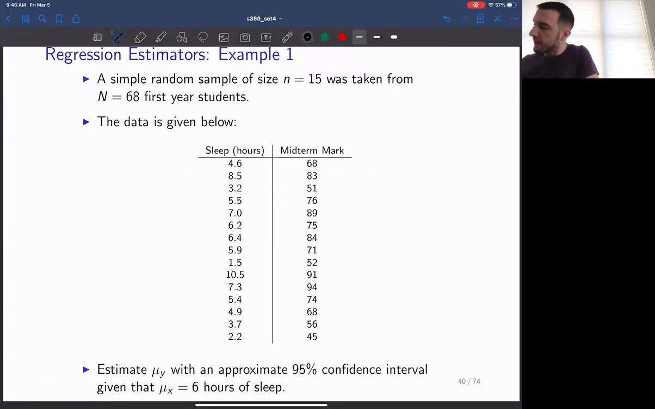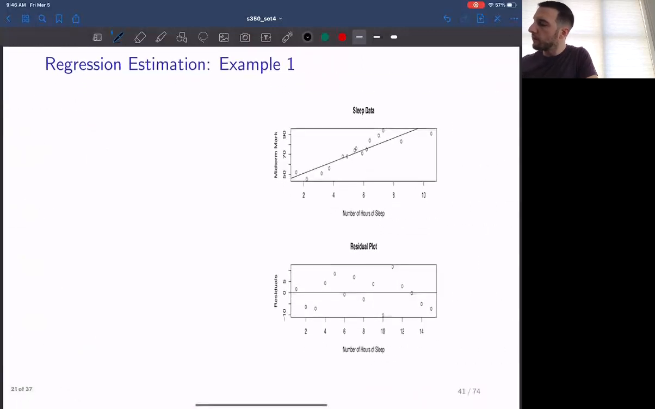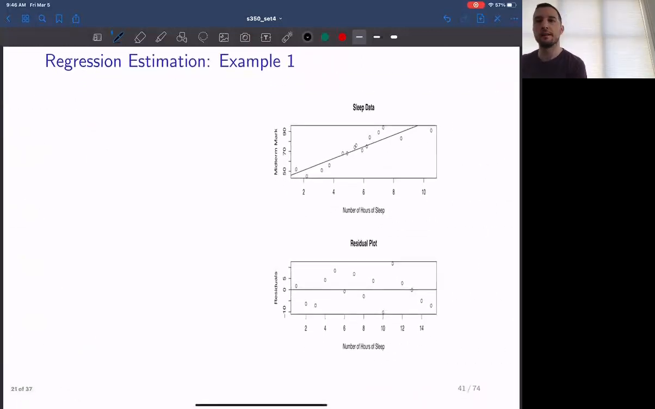We want to estimate the average mark on the exam for all 68 students with a 95% confidence interval, given that the true average number of hours of sleep was equal to 6. Okay, so when we look at the scatter plot for this relationship, what we can see here is we have a linear relationship